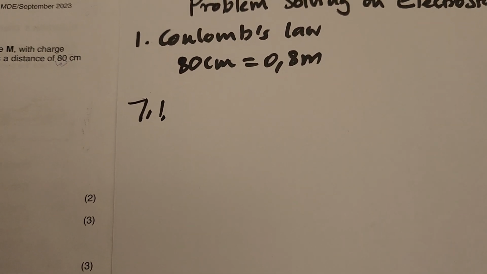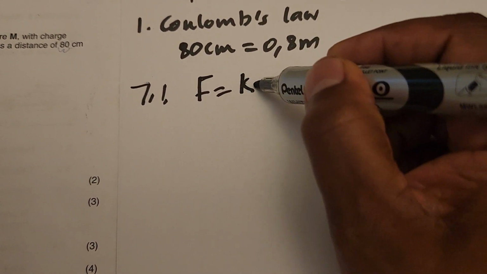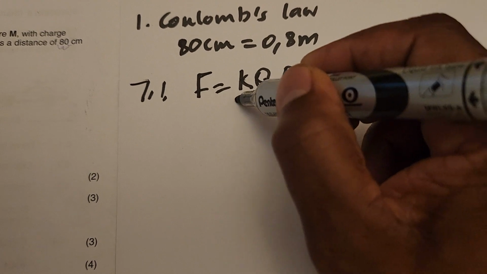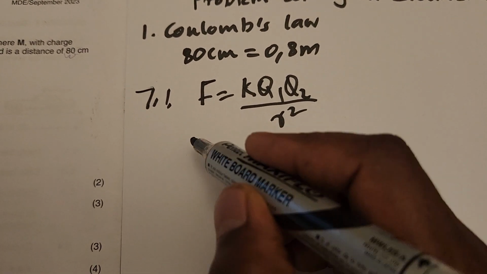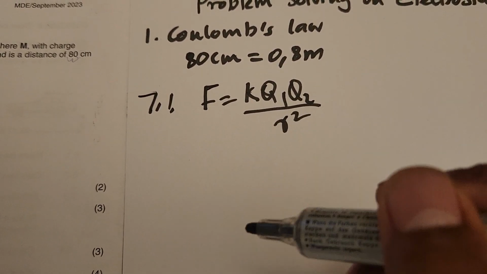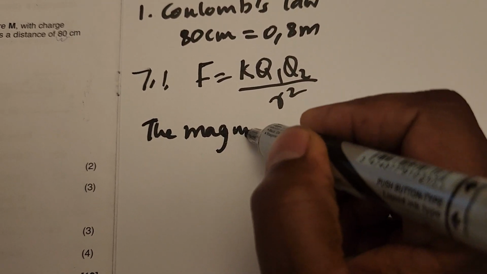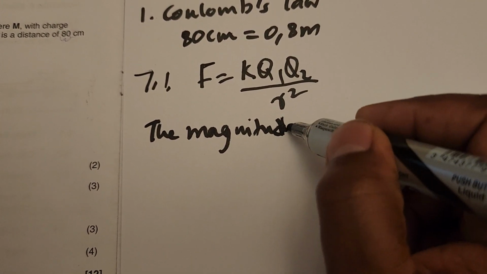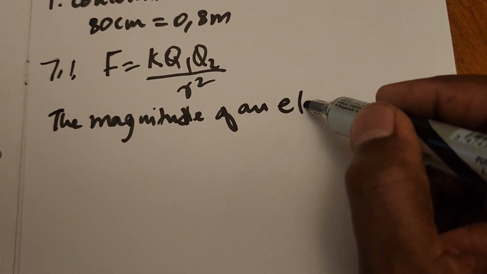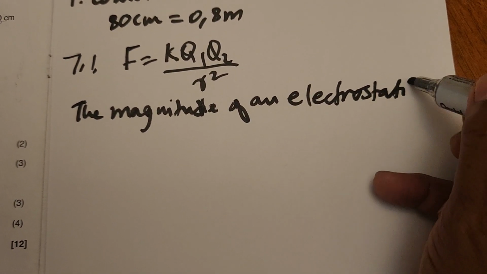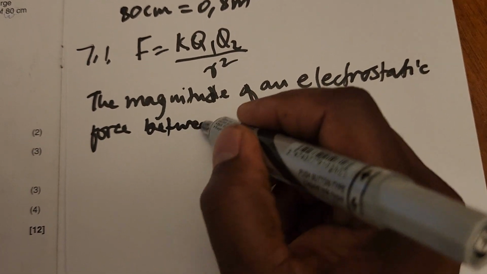Before we can state the law, the strategy is to go to the formula sheet and see this formula: F equals kQ1Q2 over r squared. That's where the definition is coming from. Therefore, the definition will go by saying this F is an electrostatic force. Normally, they say the magnitude of an electrostatic force between 2 point charges,